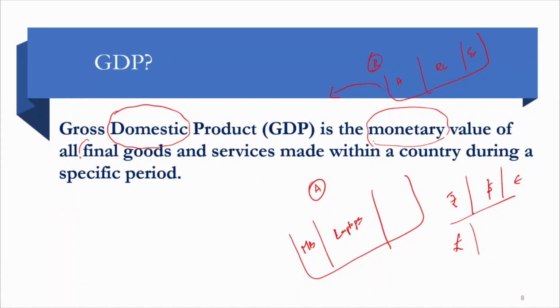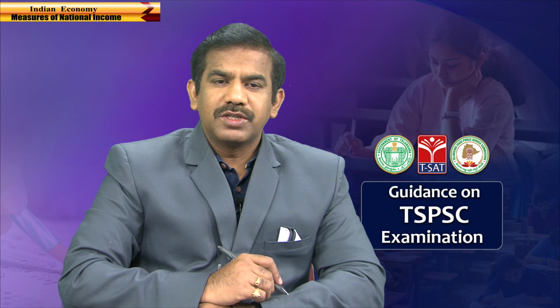So GDP refers to the sum of the value of all final goods and services. The reason I defined what a final good and an intermediate good are in the previous lecture is that when it comes to GDP, we only sum up the value of final goods. Why not intermediate goods? Because if you sum up the value of intermediate goods, or consider them as part of your GDP, that results in multiple counting.